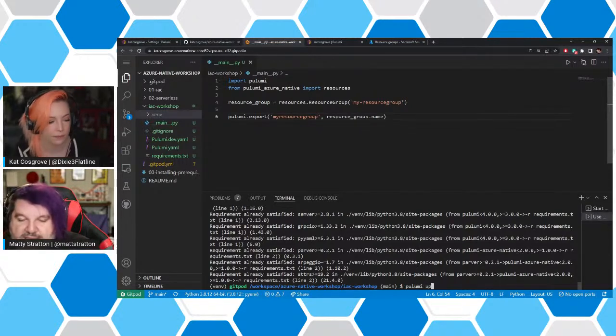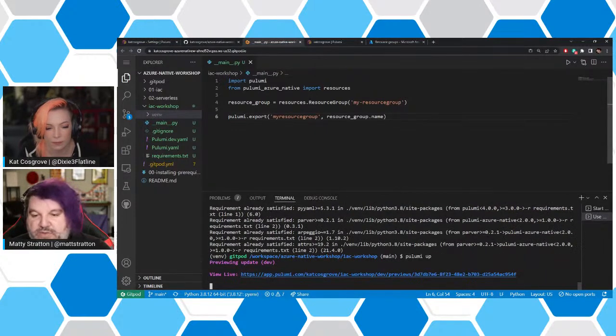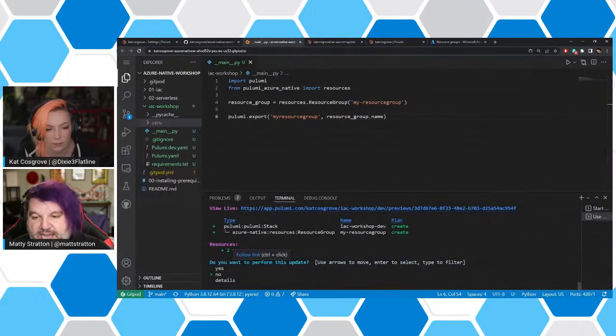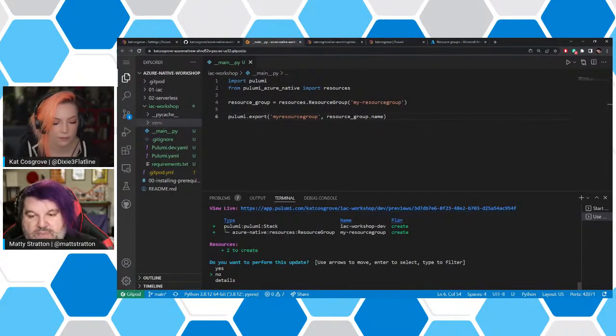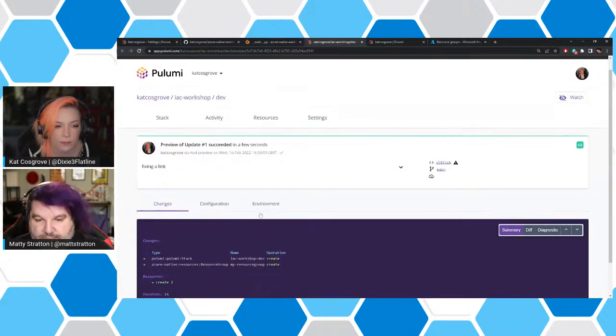Okay, so what we had here, again, all that we've got, we've created a resource group and then Kat's exporting its name. And then when we run Pulumi up, what this is going to do is it's actually going to run something called Pulumi preview. So it's not going to actually do anything. It's going to say, if I were to run this program, this is what would happen. I would create a new stack because we've never created that stack yet before. And I would create that resource group. And if Kat were to go into details as the option, we could do this too.